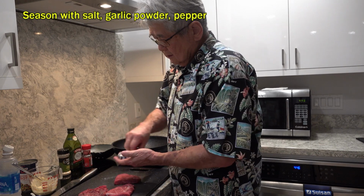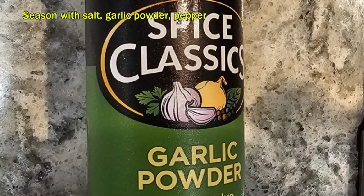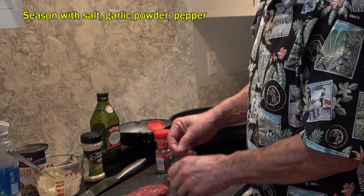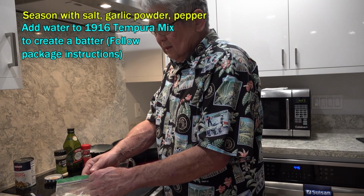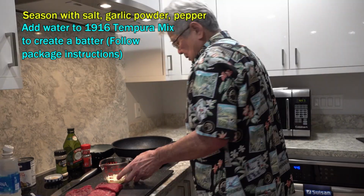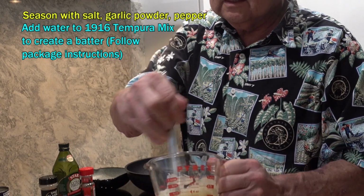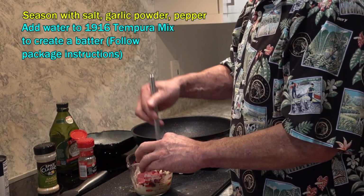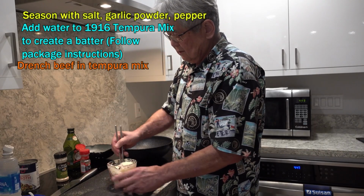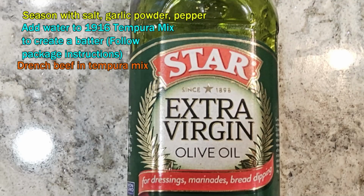Now, add on some salt. Put some Hawaiian salt on it. Add on some garlic powder and some black pepper. You can put it on both sides. You got a measuring cup. Put in some tempura batter, add in a little water. Pancake consistency, like a pancake, right? Soak it all in here. Put the meat in the tempura mix and just cover it. Just like that. And what I do, put on the stove, olive oil,